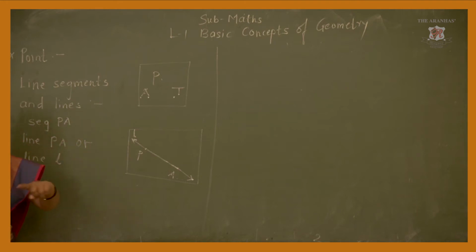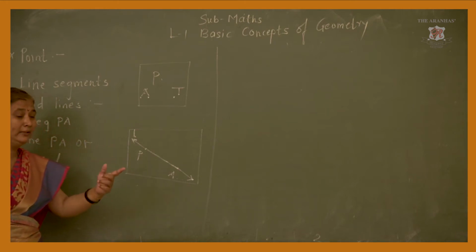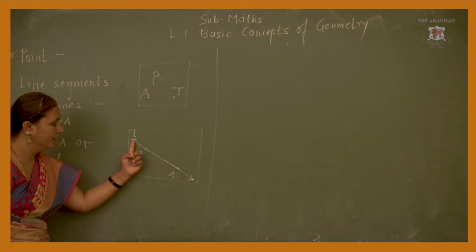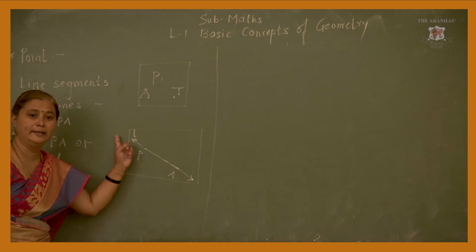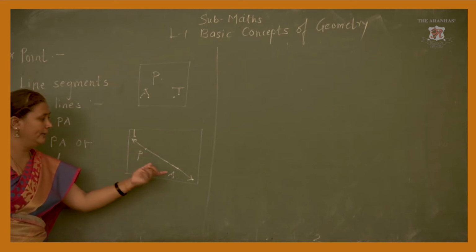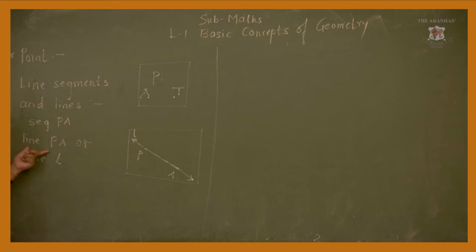But when you have to read about the line, what is line? The line is extended, shown by the arrows and extended in the opposite direction. So it is called line, and it is read as line PA, or if you want to show it by a small alphabet letter, then we can use any letter A to Z. Also here it is called line L. This is line segment. Okay.